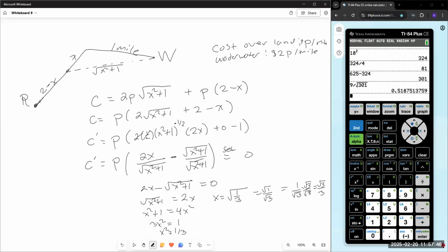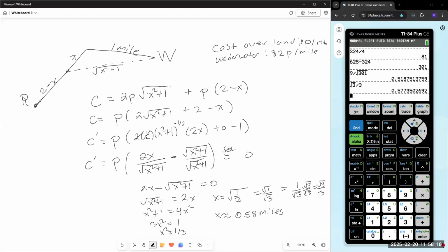So that's exactly what I want, but that's not something that I can measure very well. So I'm going to approximate it here. Say x is about, and we went to the nearest hundredth of a mile in our previous problem, so let's do that again, about 0.58